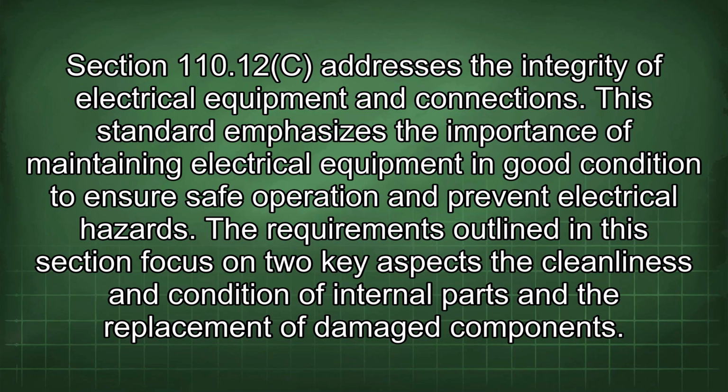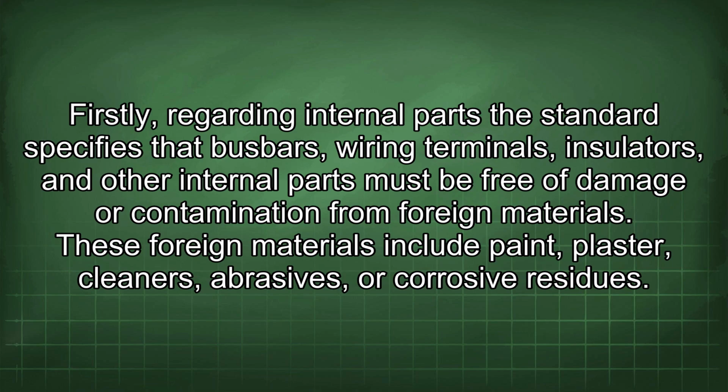Section 110.12c addresses the integrity of electrical equipment and connection. This standard emphasizes the importance of maintaining electrical equipment in good condition to ensure safe operation and prevent electrical hazards. The requirements outlined in this section focus on two key aspects: the cleanliness and condition of internal parts and the replacement of damaged components. Firstly, regarding internal parts, the standard specifies that busbars, wiring terminals, insulators, and other internal parts